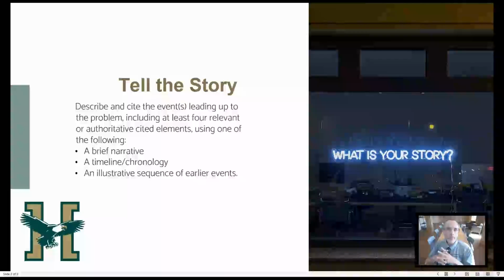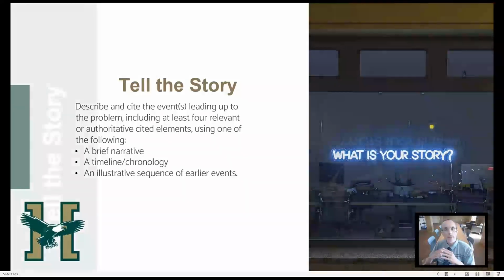Telling the world about the problem you want to explore is really the same as telling the story of the problem. This means you're going to have to cite and somehow organize all the facts and events into a coherent narrative. And that narrative will take the shape of, well, a narrative, or maybe a chronology or timeline, or maybe just a sequence of events in a bullet list format. The format really is up to you. However, we really need to know the story that led up to the problem you want to explore.